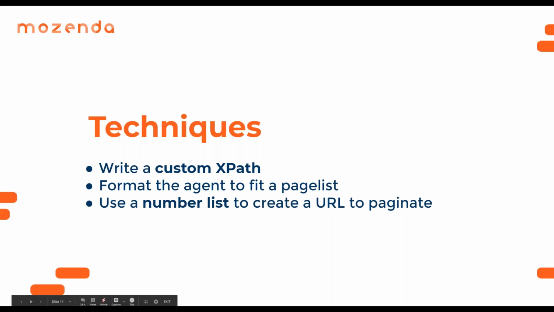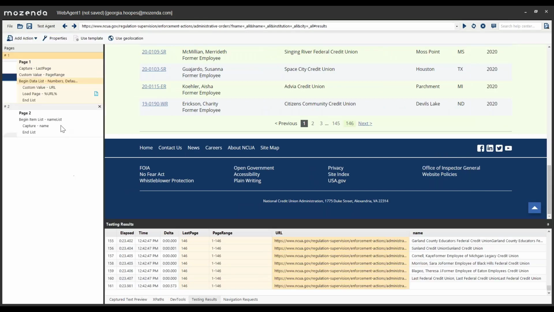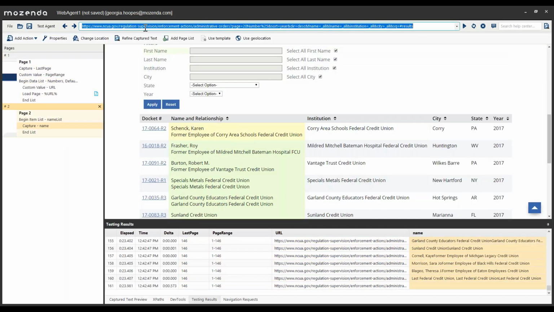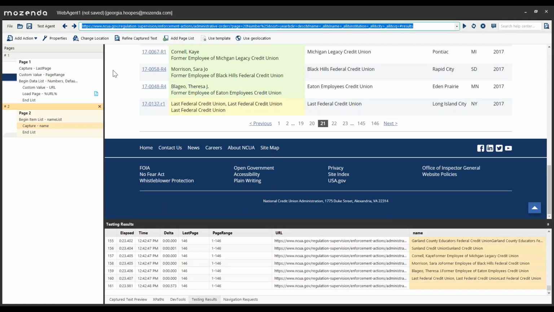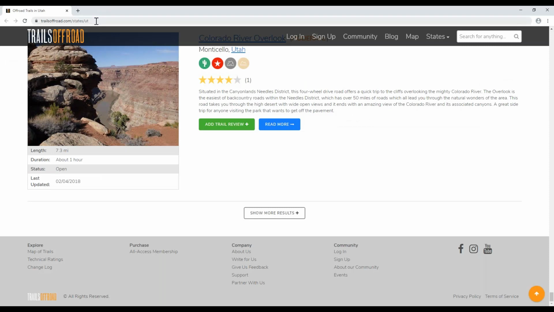One of the questions we had was also, if there wasn't a page list and I needed to add a page list when I didn't have a list, what could I do to add that? One of the ways, it's a little bit sneaky: if I didn't have a page list here and it was just a simple website, I could copy a URL of a different page that needed a page list. So, for example,